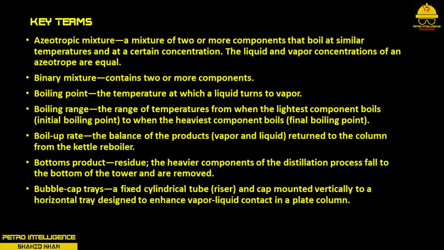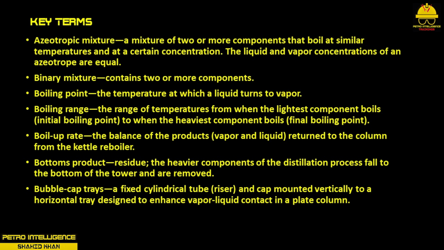Boiling range is the range of temperatures from when the lightest component boils, initial boiling point, to when the heaviest component boils, final boiling point. Boilup rate is the balance of the products, vapor and liquid, returned to the column from the kettle reboiler. Bottom's product is residue. The heavier components of the distillation process fall to the bottom of the tower and are